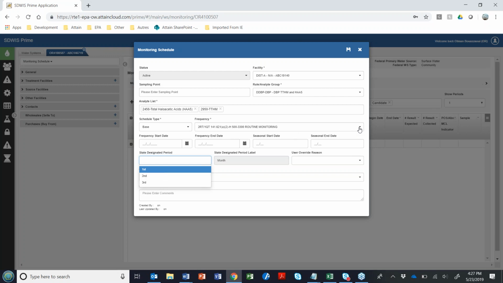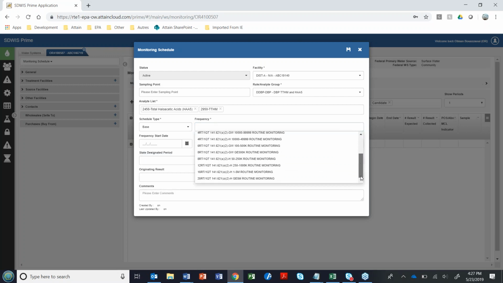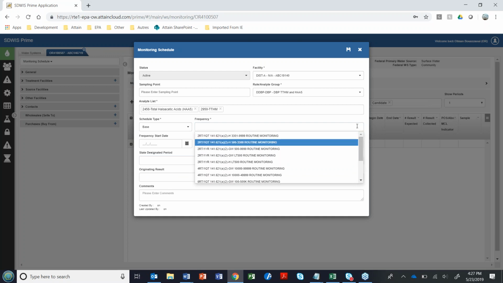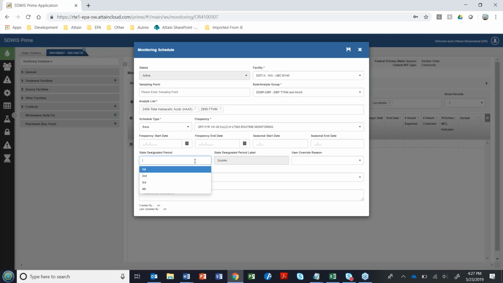How we will enable this to optionally do it at the weekly basis as an alternative, we'll have to figure out. He's showing you now that you can also do it on annual frequencies, and you can specify the first through fourth quarter for the particular exact period of time in each year that you need to collect that sample. Thanks, Otman.